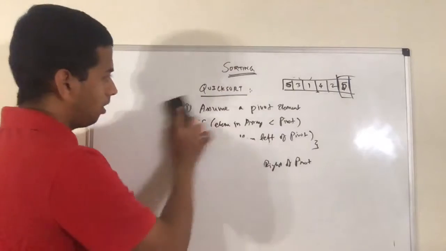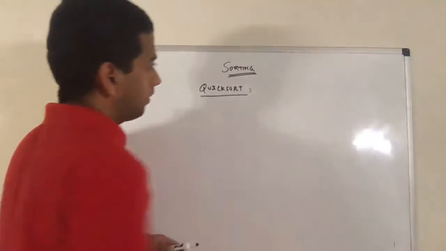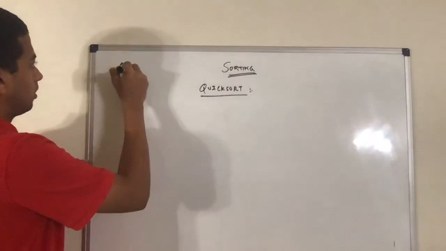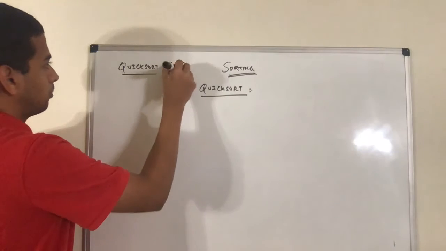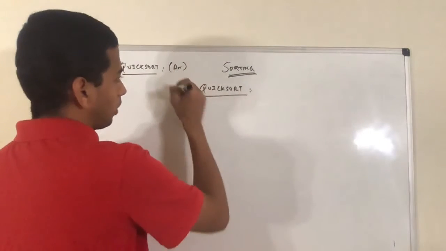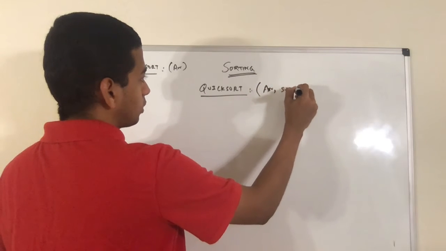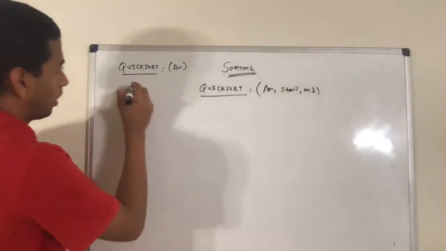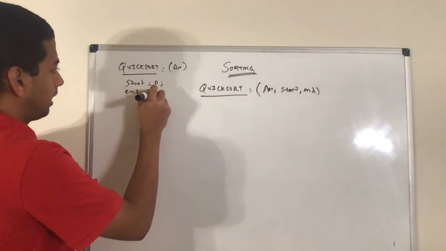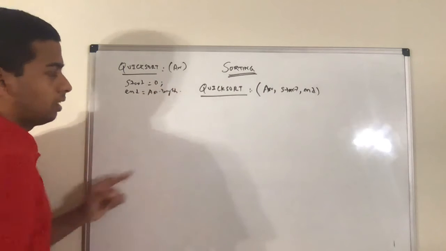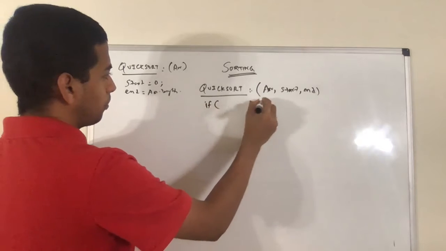Okay. So how will this problem look like? They will give an array. So they will give an array, quicksort of input array, and what we are going to do, we are going to call another program called quicksort, and we are going to pass the array, the start index of the array, and the end index of the array. What is the start index initially? It will be 0. End index will be array dot length.